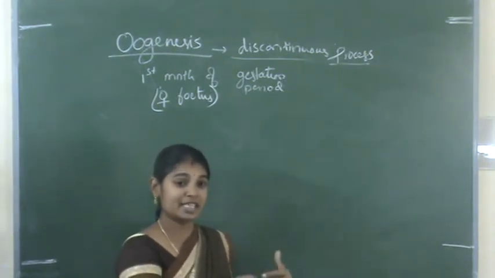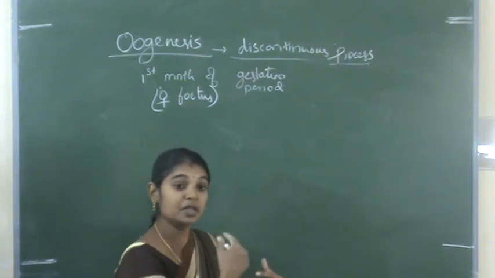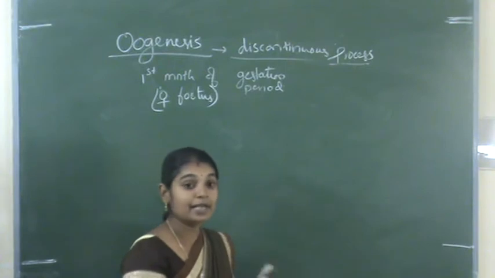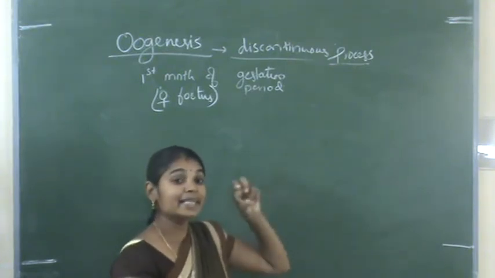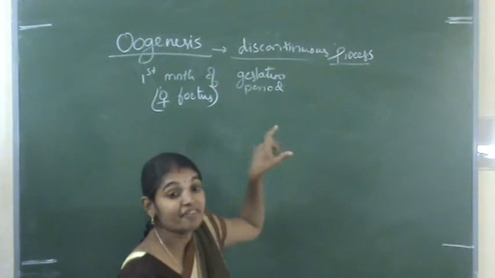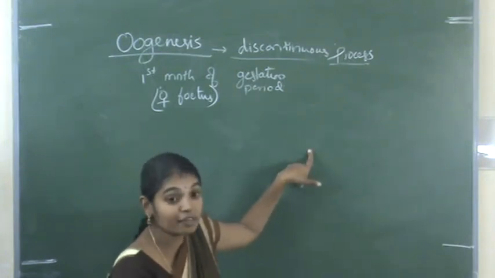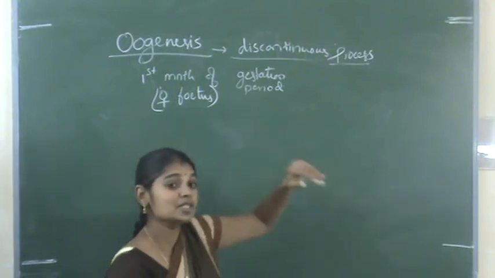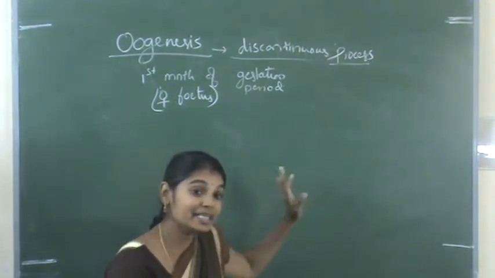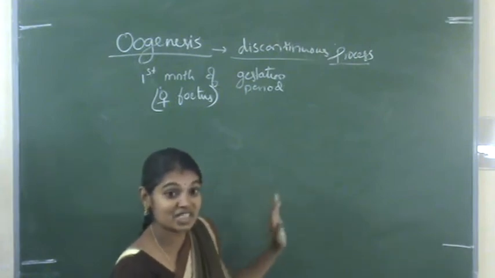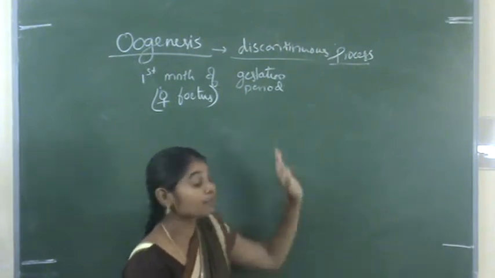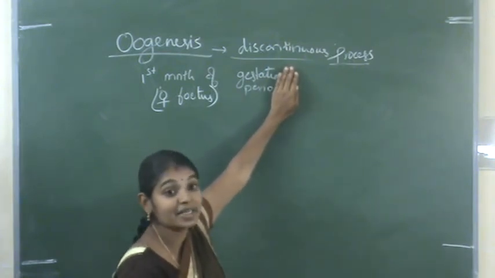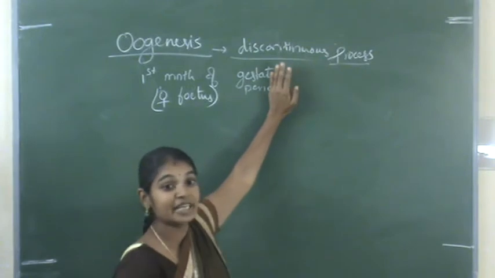But before that, fertilization has been done, then the zygote undergoes some cleavages. So the zygote reaches nearly the 8 to 32 celled stage. That entire process takes place in the fallopian tubes or oviducts. That entire period is known as pregnancy. But the gestation period is the development of the fetus, or embryonic development, within the uterus.